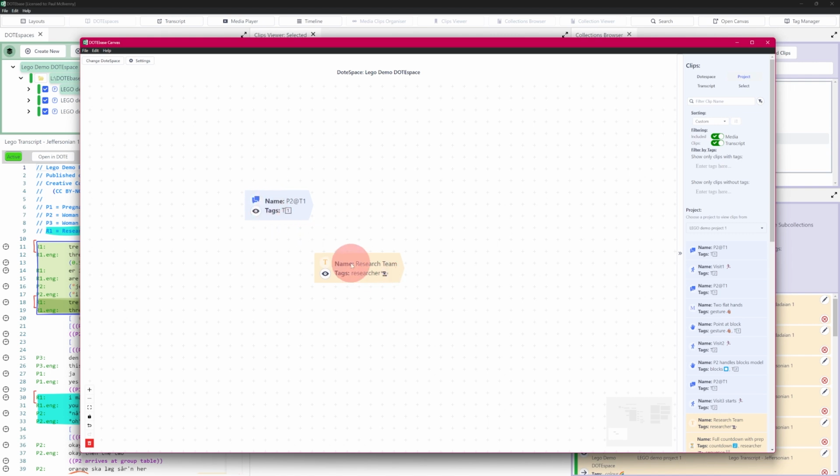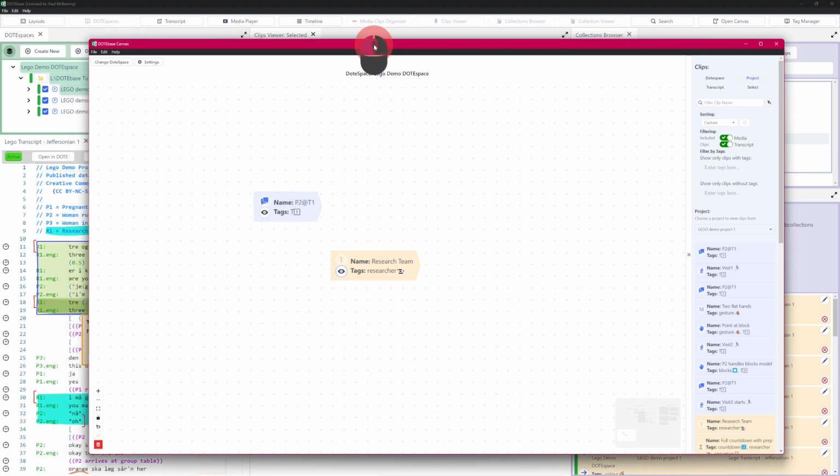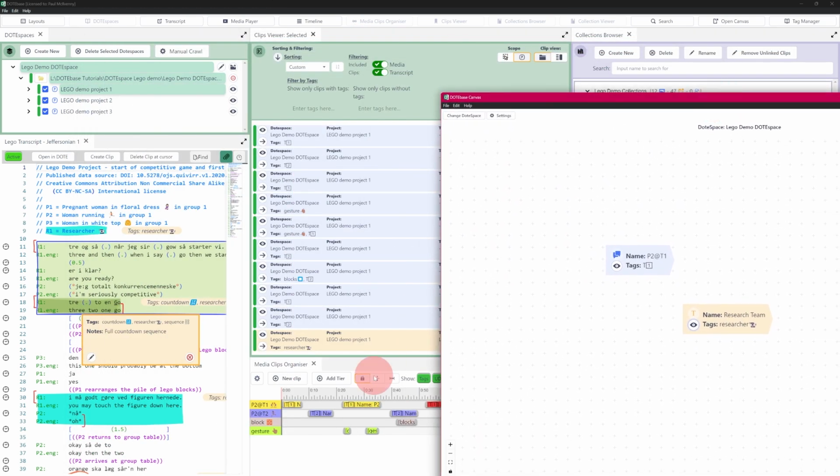And I think there should be a description appearing here. But because I'm using this orange ball here, maybe that's why it's not appearing. There should be information also coming up about other aspects of the clip. So this is a clip. If I click this, for example, this is to the particular about the research team. If I click that, you will notice that things will change here. I think we're already at that same place. This one will only show if we had the media clips organizer visible. So if I click that one,